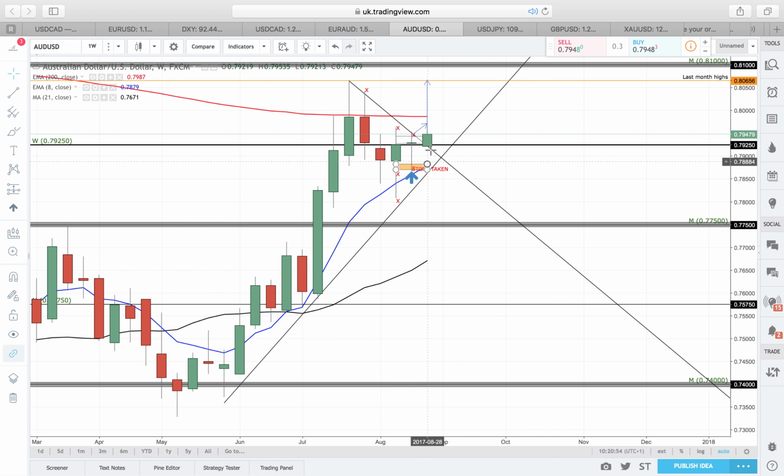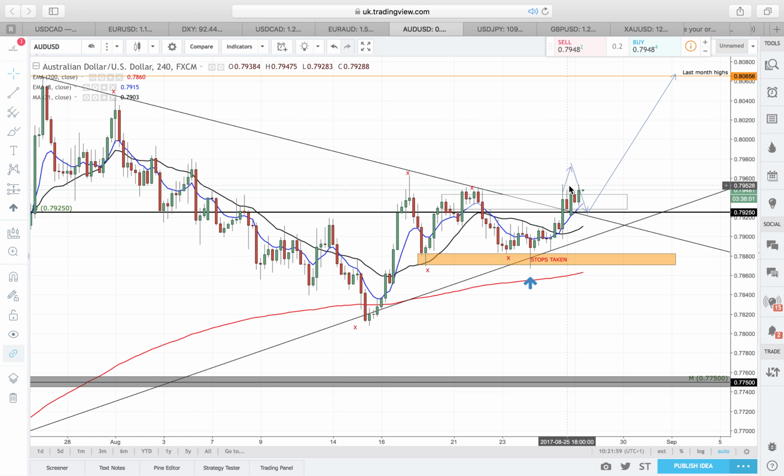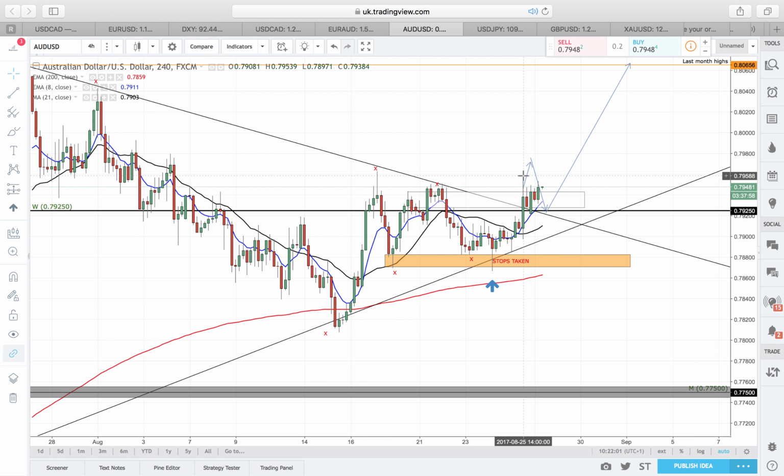I don't have the fib territory marked out yet, but I don't think it matters for this case. I'll do 0.79250 or this trend line, look for bullish evidence, move up. But before, I want these two highs to be taken out. If these two highs are not taken out, then I'm not looking for anything.